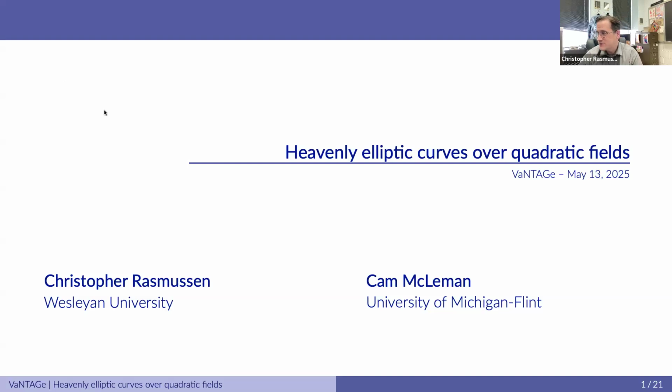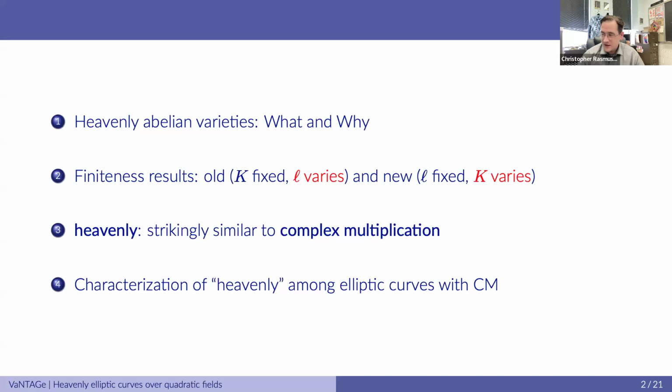And I'm very happy to share some ongoing work with Cam McLean at the University of Michigan Flint. So maybe I can just start with a little bit of an introduction of what I'm hoping to do in this talk. So I'll first give an explanation as to what I mean when I talk about a heavenly abelian variety and why we might care about them. I'll give a survey of some older finiteness results and a new finiteness result that Cam and I have established